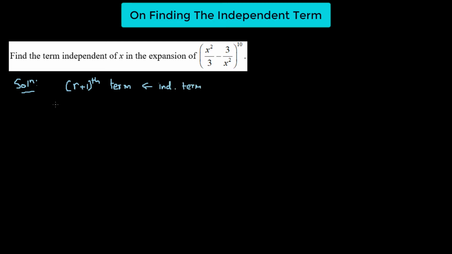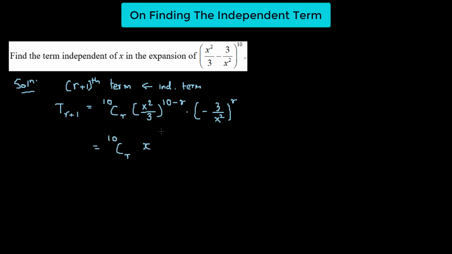And then we find out the value of t r plus 1, which will be simply equal to 10cr times x squared over 3 raised to the power of 10 minus r times negative 3 over x squared raised to the power r, which will be equal to 10cr times x raised to the power 20 minus twice of r divided by 3 raised to the power of 10 minus r times negative 1 raised to the power of r